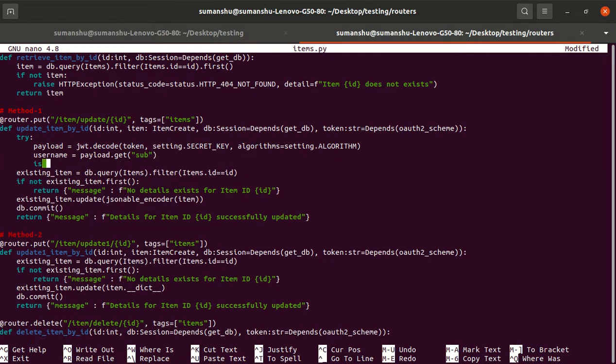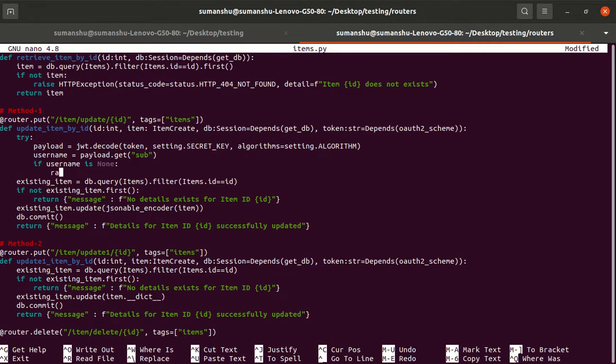So we will check if username is none, then we will raise HTTPException, status_code equal to status.HTTP_401_UNAUTHORIZED, and detail equal to unable to verify credentials, right?